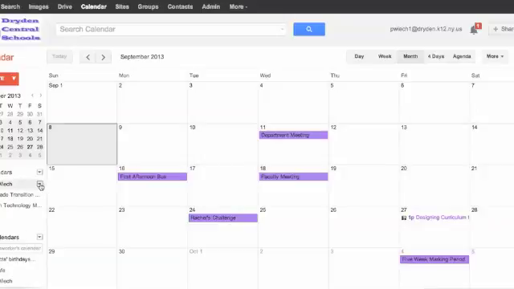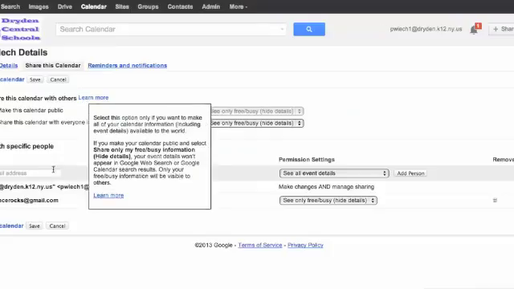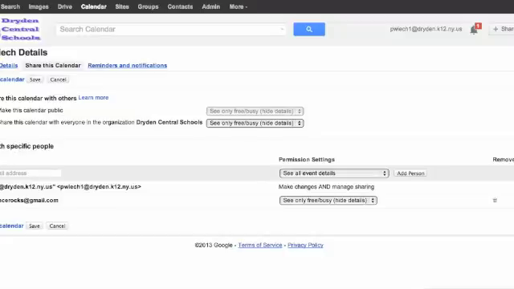So when I go to the left-hand side and I choose Share This Calendar, I can then down here where it says Share with Specific People, enter an email address and it will automatically populate on their calendar. So if your department has important dates coming up, you can create a calendar, you can share it with each other, and then everyone can see what they're doing and make sure they're not overlapping meetings. From the calendar, you can also,